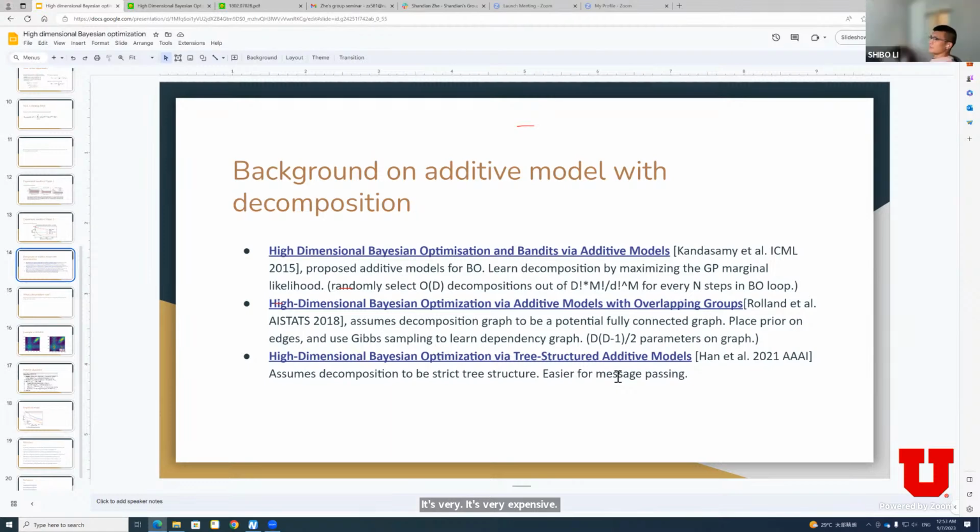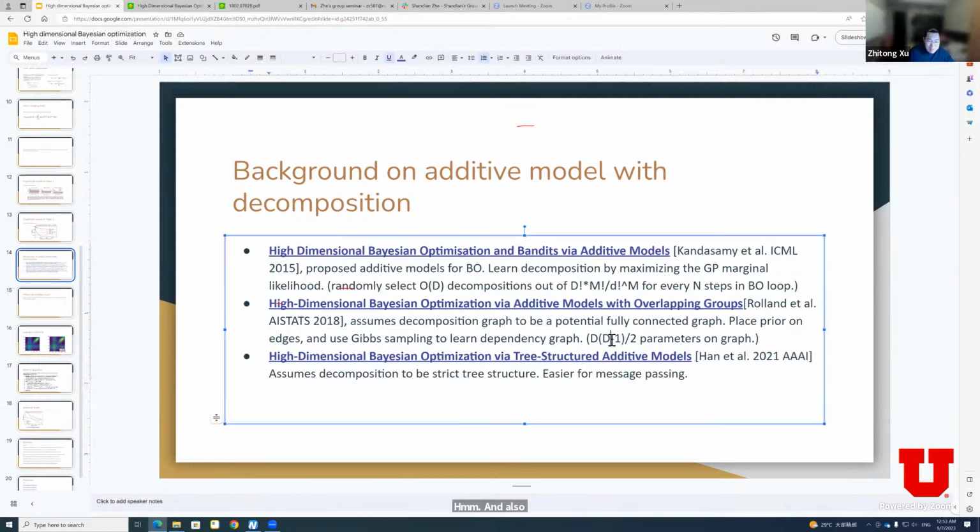But they argue Gibbs sampling can update in parallel. And also this is almost like D squared number of parameters. So for example, if we have 100 dimensions, we have almost 10,000 parameters for Gibbs sampling. That's just for one iteration of Gibbs sampling. In this case, at least, it won't be done in parallel